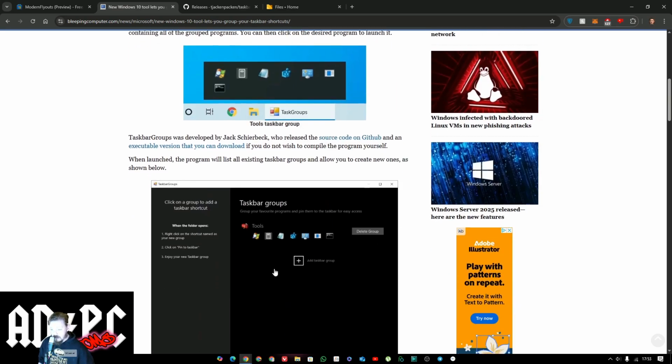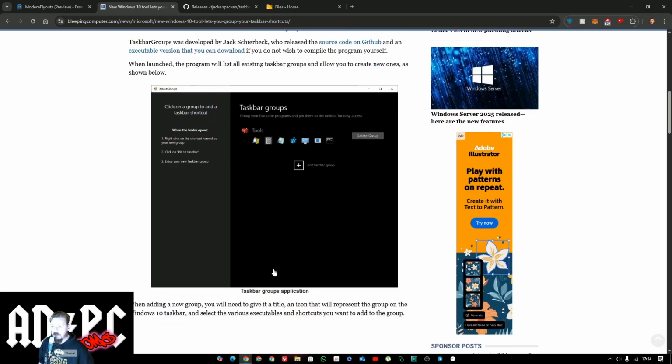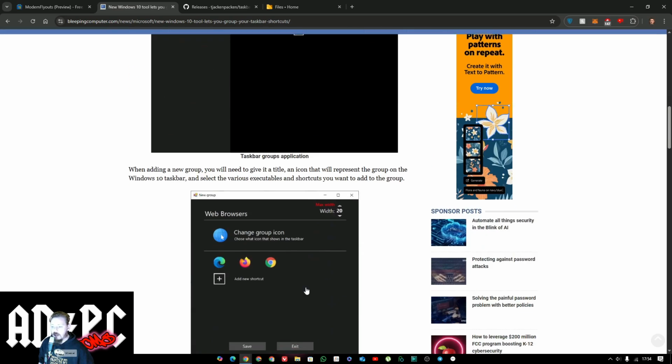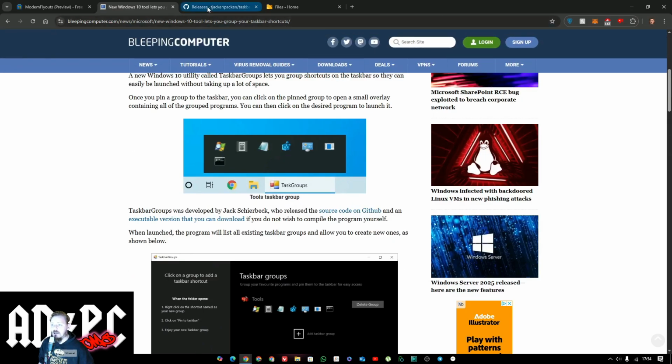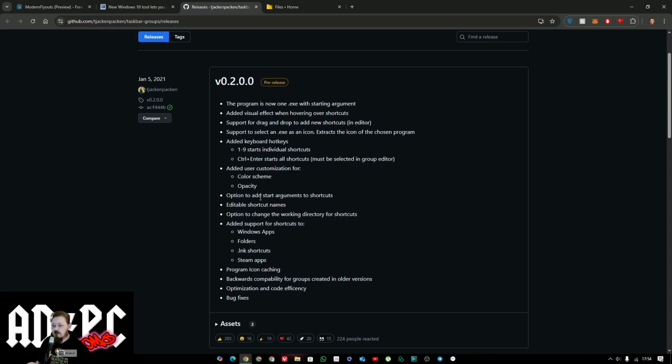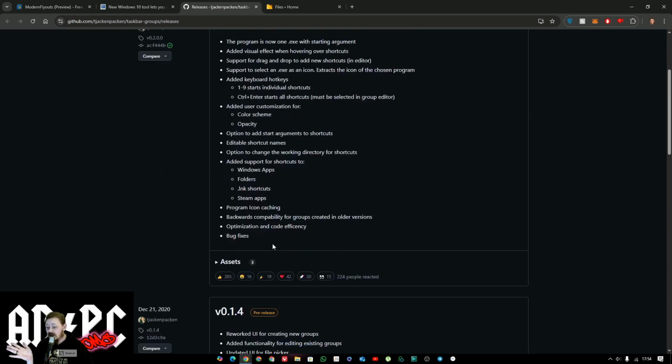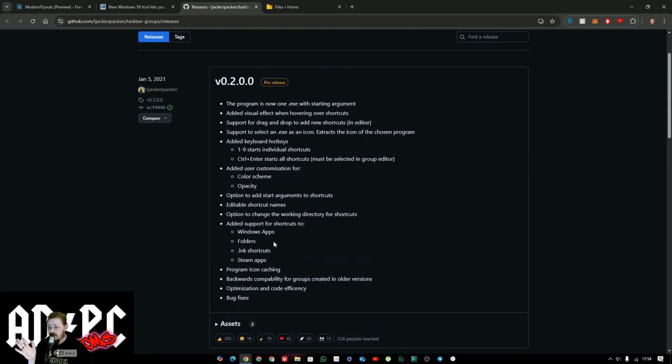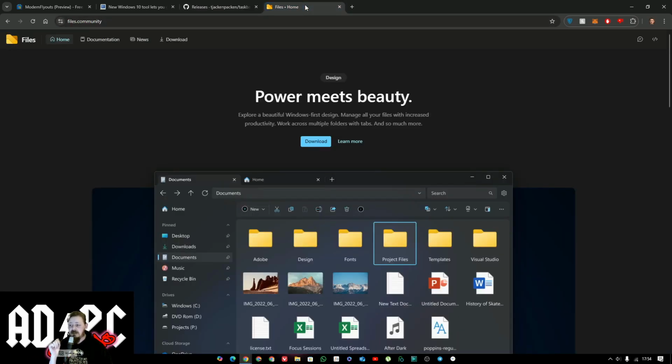So we may look at this one as well. Anyway, we may look at this to create some taskbar groups. Taskbar Groups is only available on GitHub. So if you're not comfortable with GitHub, or you don't trust GitHub, then obviously you're going to have to leave this one alone. And finally, from the ones that I've got prepared here to talk about,